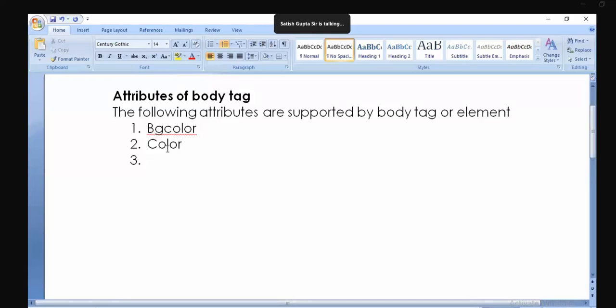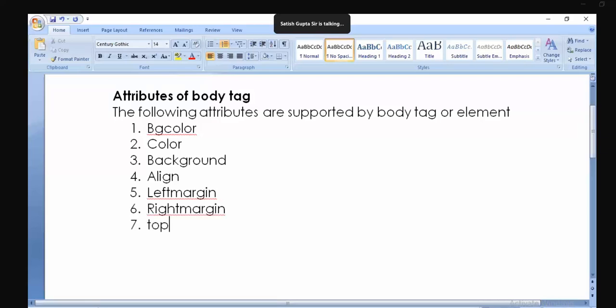What are they here? BG color and color. And there is background. Background is there. So bgcolor, color, background. And you also define alignment. And there are attributes like left margin, right margin, top margin,